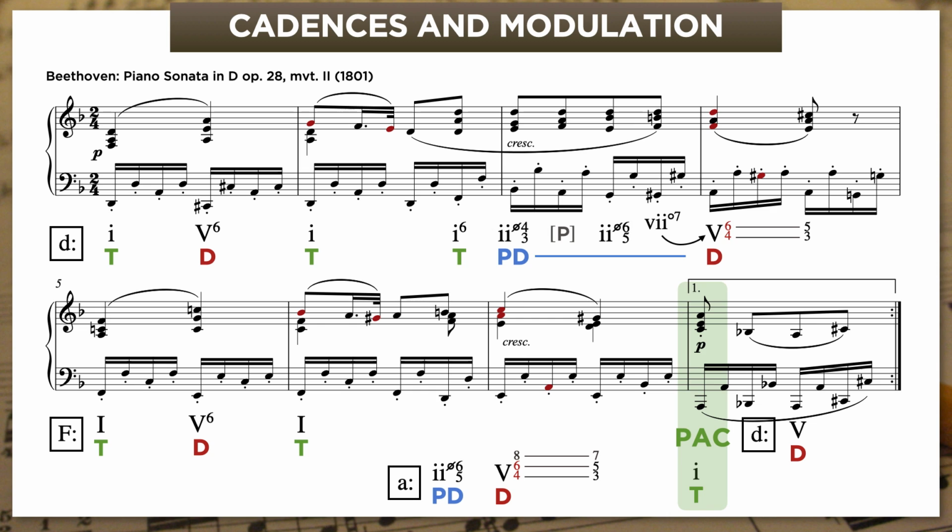The other two modulations also relate to cadences, but in the opposite way. Instead of coming before cadences, they come after. F major enters right after the cadence in D minor, and D minor enters right after the cadence in A minor. And if you think about this, it makes its own kind of sense.